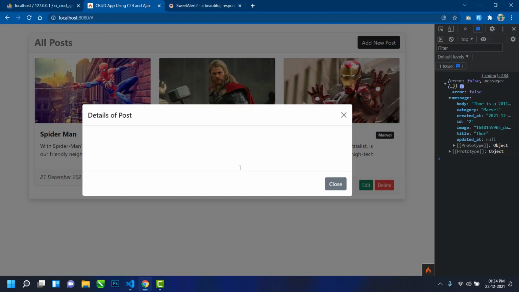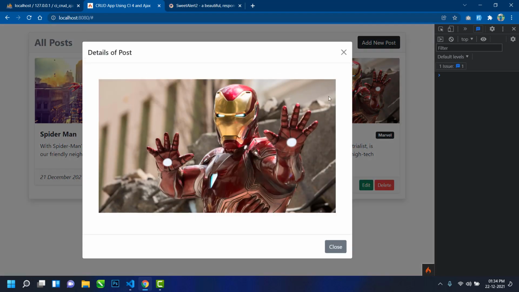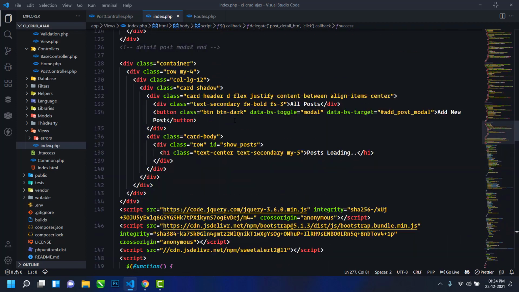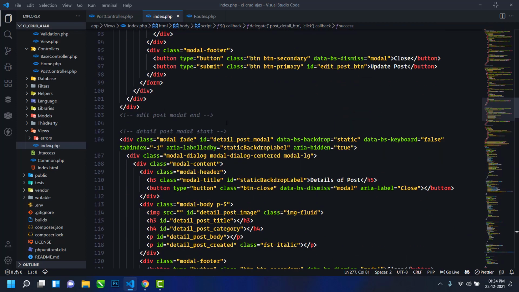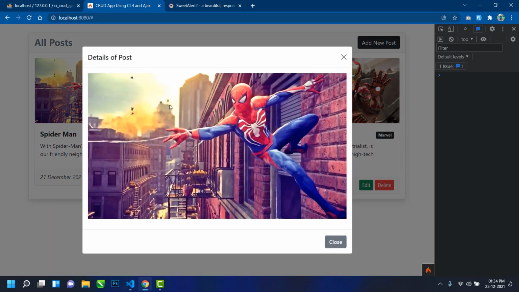If we just save this and go to the browser and click on this, then you can see the image. So just go to the modal and remove this padding 5 from here. Now if you refresh and click, then you can see the image.